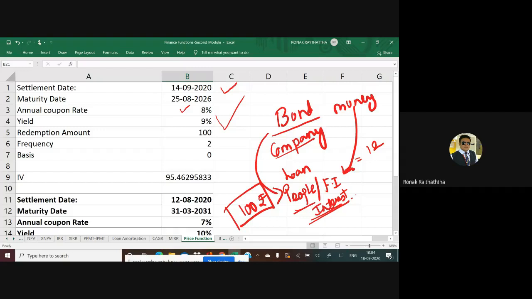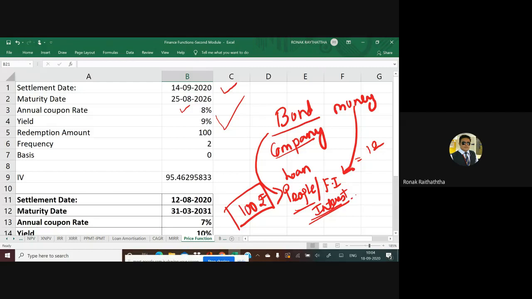Now, why would anyone invest in a bond instead of fixed deposits? Because sometimes bonds offer very good interest rates. 11-12% interest rates were available, and just before COVID, some of the perpetual bonds were giving interest of around 15 to 16 percent. That was an insane rate. A 15-16 percent return from a bond without incurring too much risk is a very good rate. So bonds give higher interest rates as compared to certain fixed deposits and other investment avenues. That's why people invest in it.